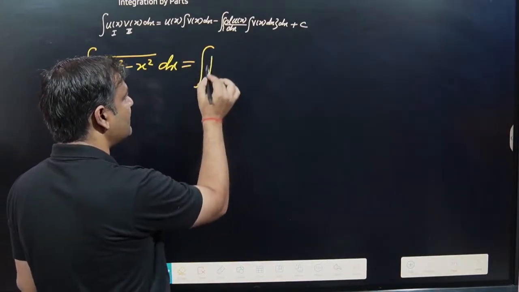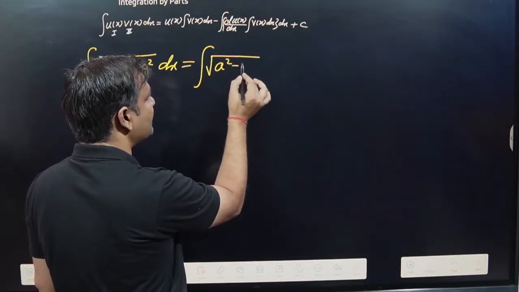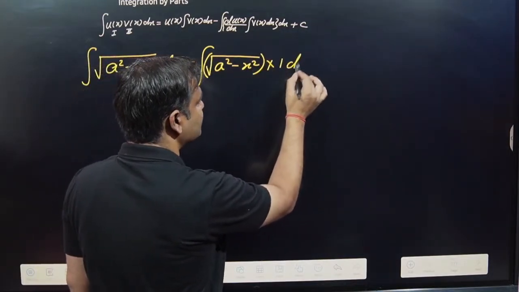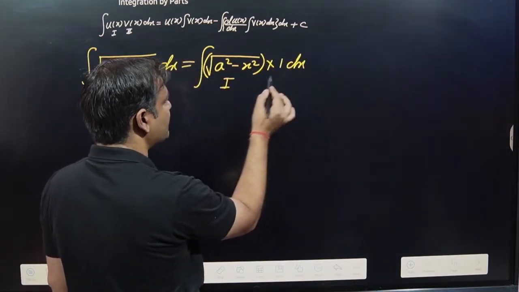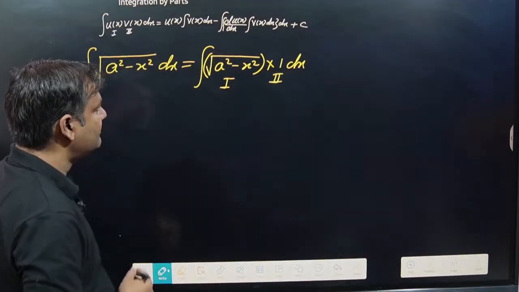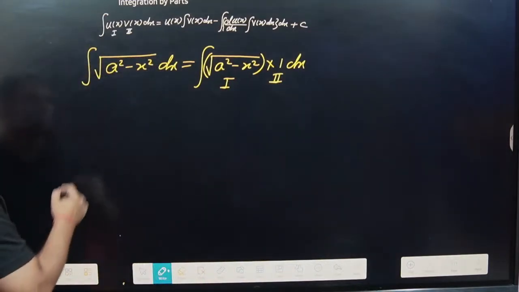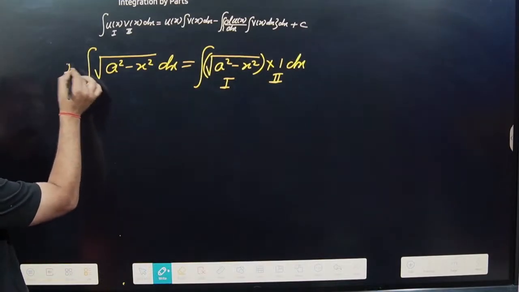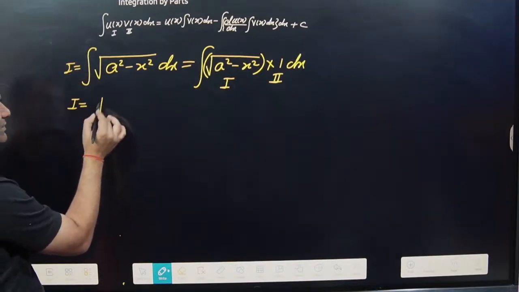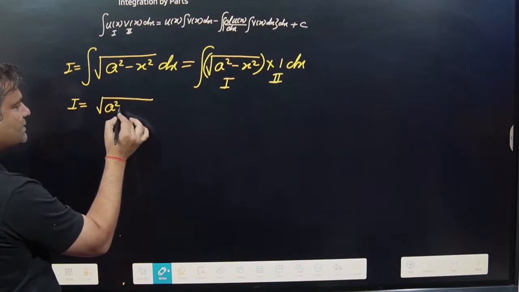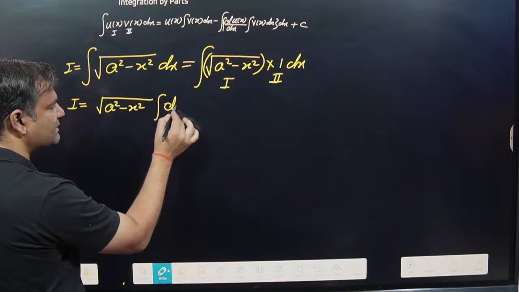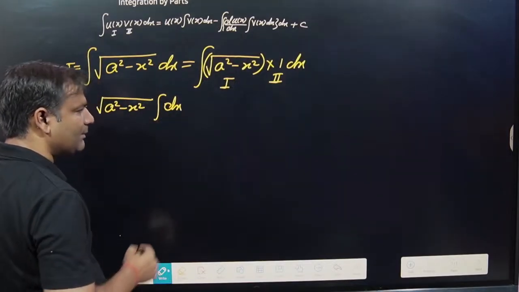So this one is written as the integral of under root a square minus x square into 1 dx. This one we take as the first function and this one as the second function. Clear? So you can write now, and let that one be I. So I is equal to how much? First function, under root a square minus x square, into the integration of 1 dx, minus